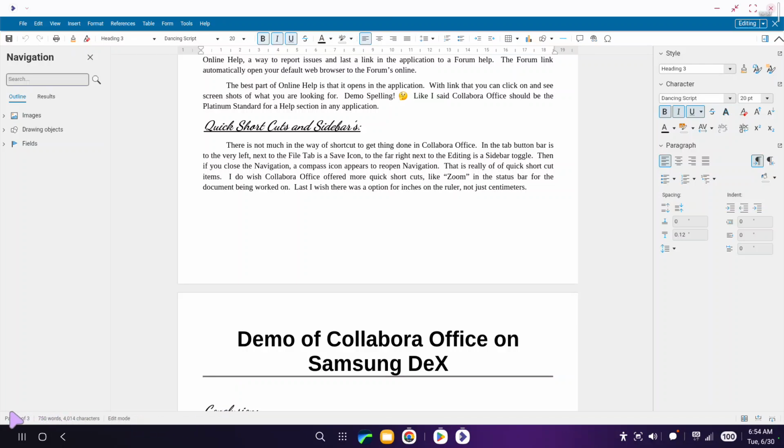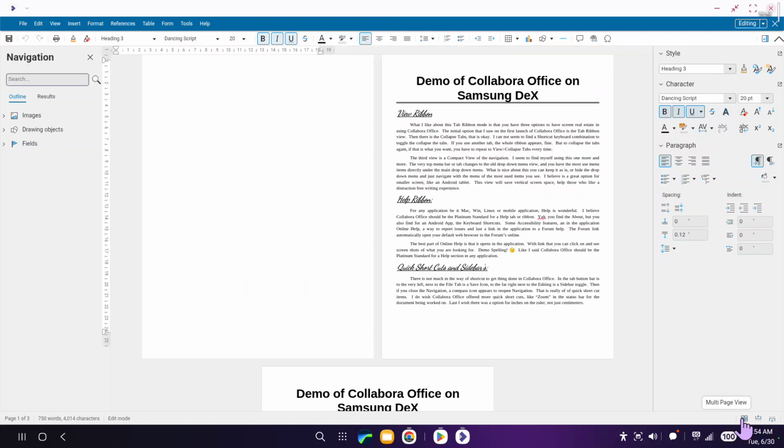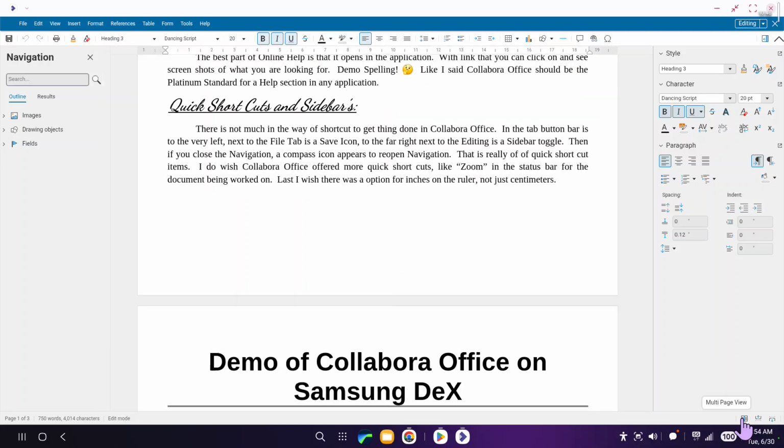Down here at the bottom is the status bar where you have lots of information, but we also have this here. I also would like to see the zoom that has a plus or minus. That would be nice to have. So to me,